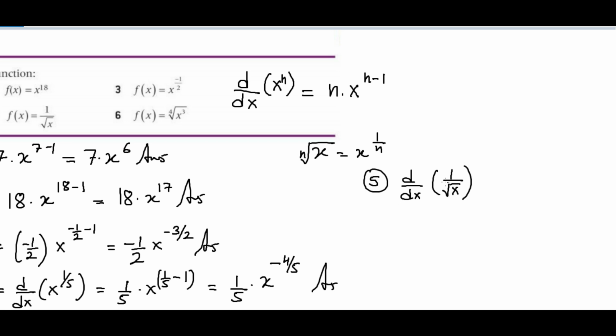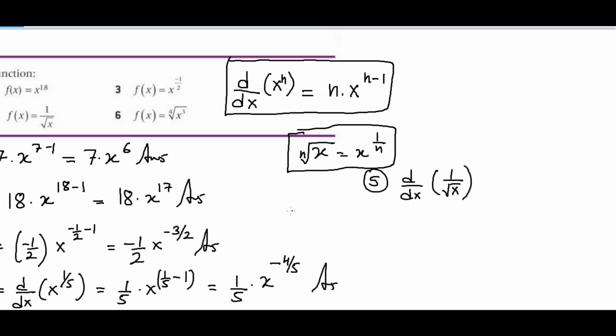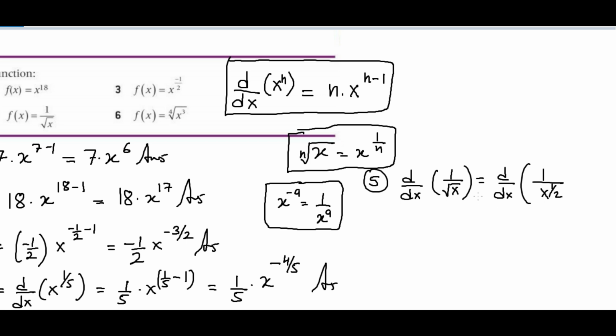You must know another thing, like these two formulas which I am putting in a box because they are important. In the same way, you must know that if you have x to the power negative a, then it can be written as 1 over x to the power a. The power can become positive if you put the whole thing in the denominator. Same here, if you do dy by dx of 1 over x to the power half, this can be written as